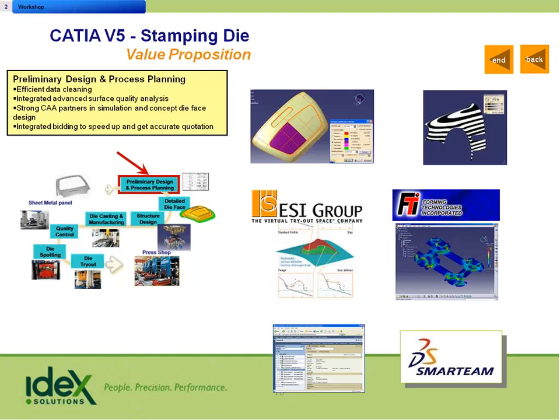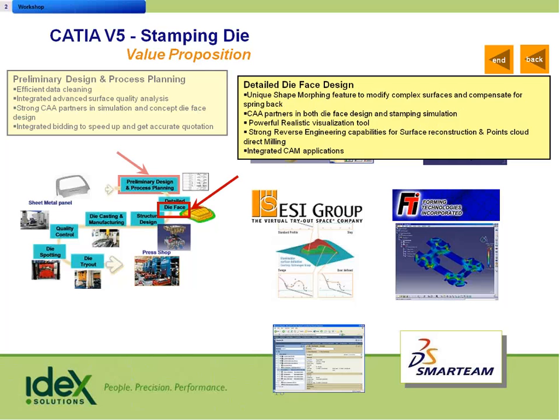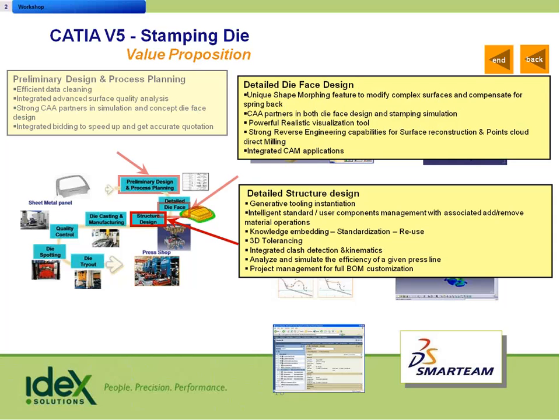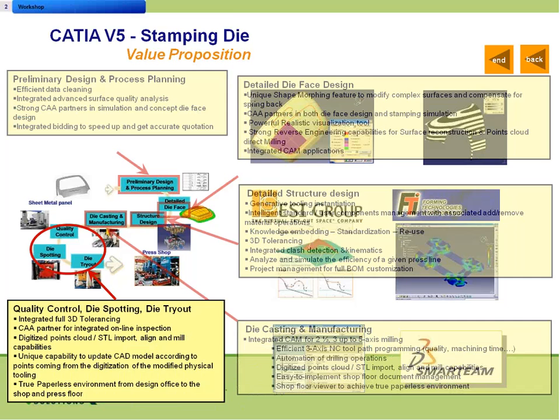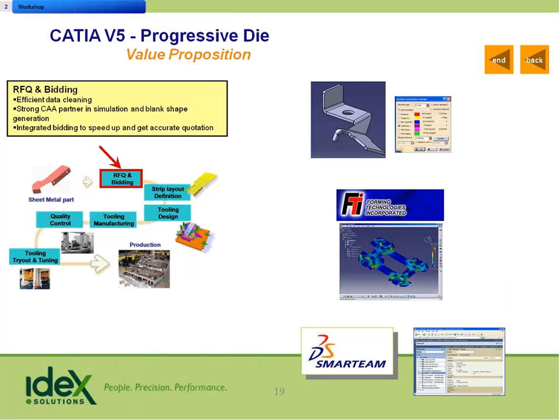We also partner with a lot of companies such as AutoForm, ESI, Forming Technologies on the behaviors from a stamping process and thinning and spring back information. All that can be done and integrated right inside of our solutions and inside of CATIA. So it gives you the ability to do a very, very accurate, detailed design phase in the style when you're doing stampings. Progressive dies,